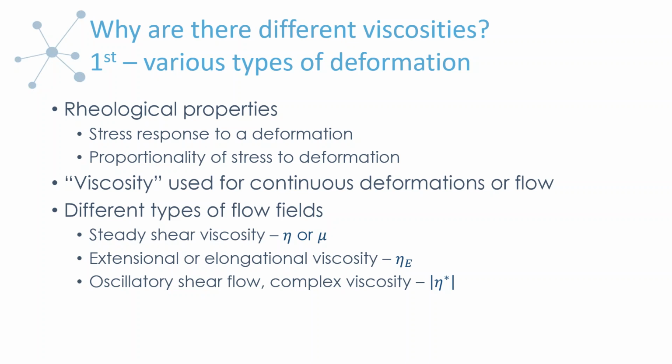And then the final one that we'll talk about is quite a bit different, and our instrumentation actually doesn't measure this type of flow. But I wanted to bring it up because it's kind of interesting how it can relate to steady shear, even though it's quite different. This is an oscillatory shear flow field, and the property that I wanted to introduce to you here is the complex viscosity. There are actually a number of parameters that come out from an oscillatory shear flow.